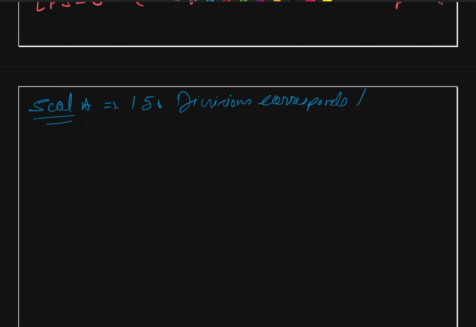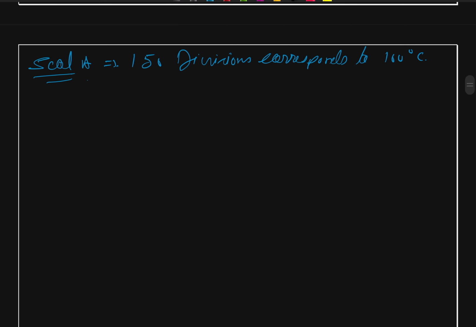Corresponds to 100 degree centigrade. Therefore, each division will be equal to 100/150, which comes as 2/3 degree centigrade. So for A, if the temperature is T of A,